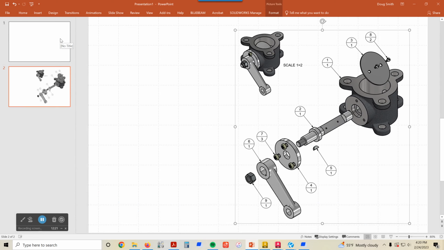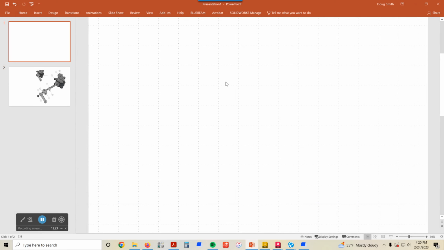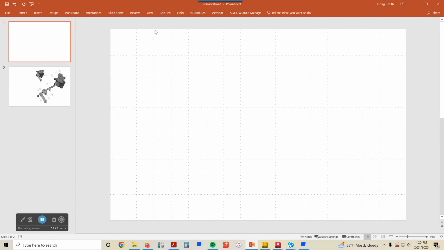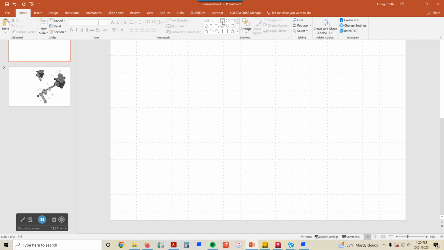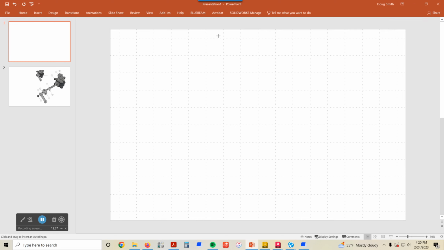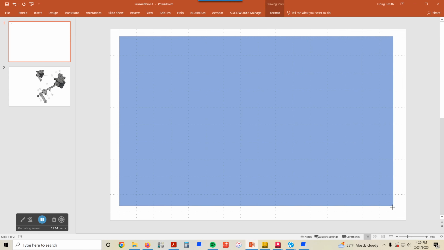What I'm going to do, I'm going to double click on this slide up here and show you something else a little bit about PowerPoint. And then we'll go out just a little bit. Okay, I'm going to go to my Home tab here, and we have some tools when we pick on the Home tab right over here, these shapes, and one of those is a rectangle. If you pick on the rectangle tool and I pick in a corner like this and drag it,